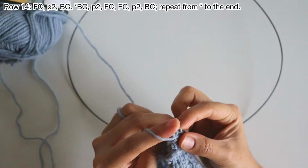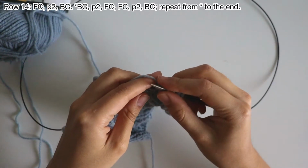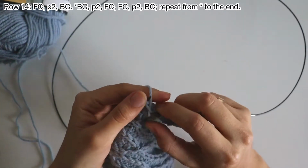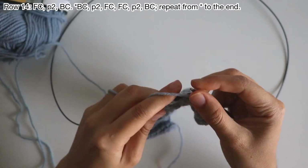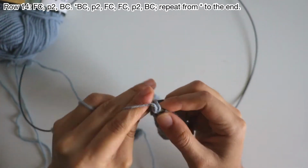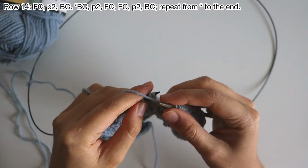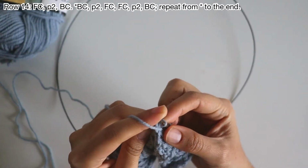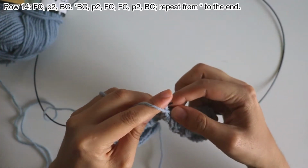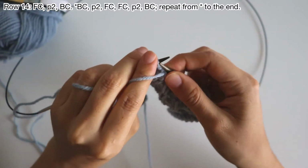front cross. So purl the second stitch, knit the first one, drop them off, purl 2, now a back cross, knit the second one, purl the first stitch, drop them off, a back cross again, knit the second one, purl the first one, purl 2, and a front cross, purl the second one, knit the first stitch, and again purl the second one, knit the first one, purl 2,